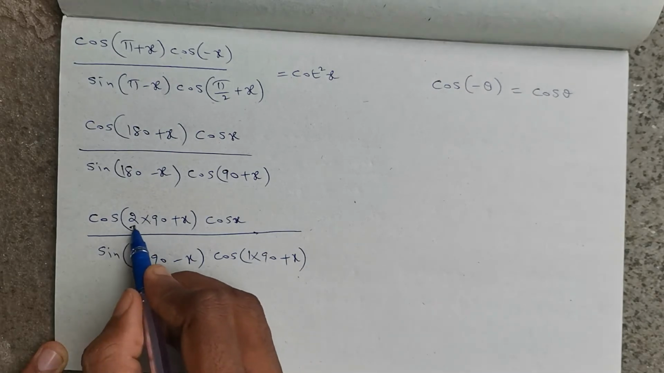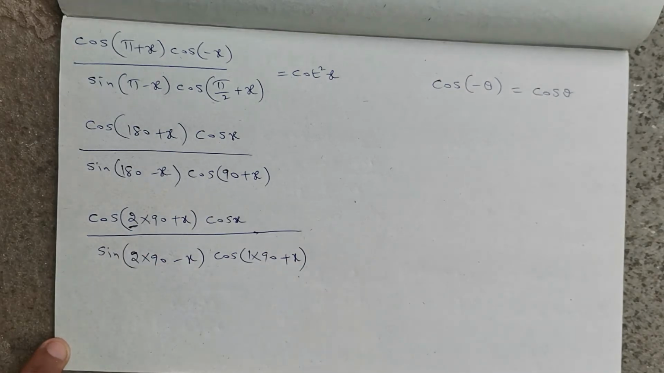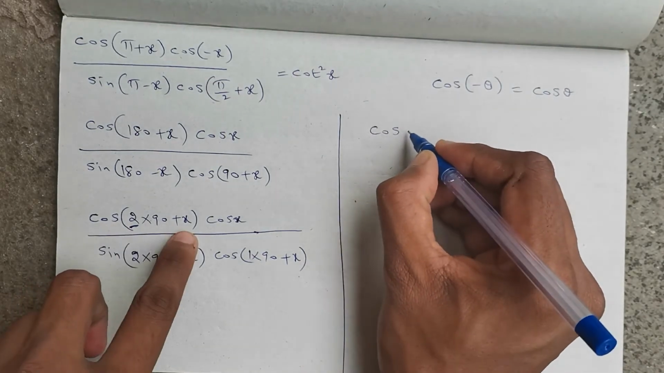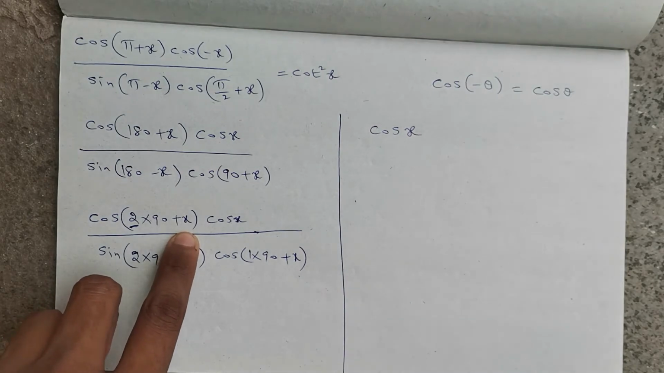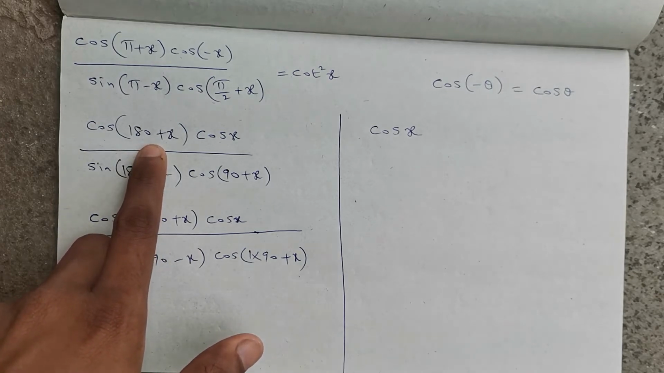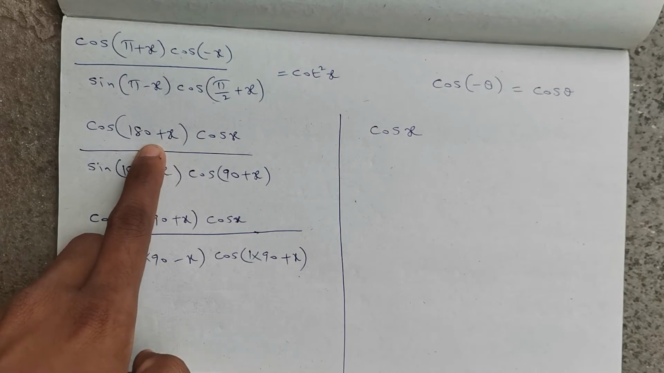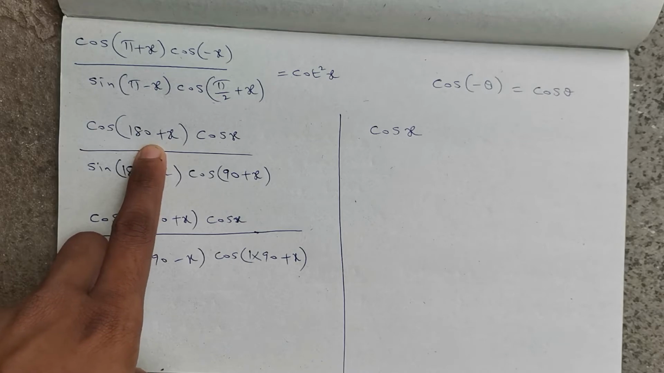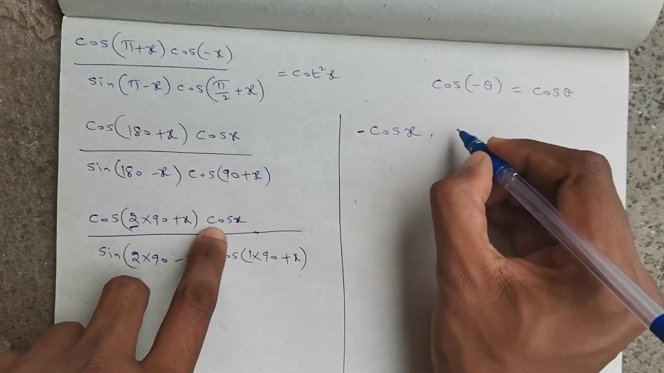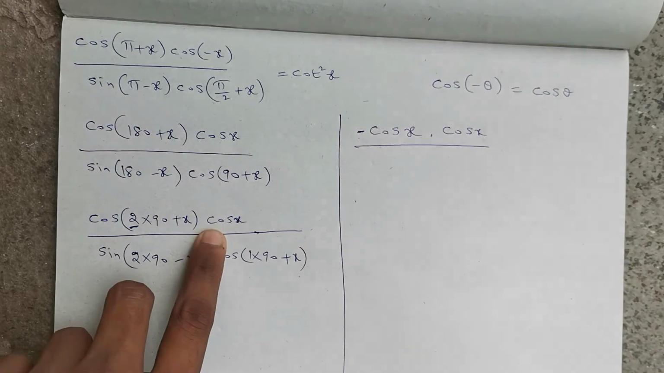Here 2 is an even number, so the trigonometric ratio won't change. Here it is cos, so here also it will be cos only, cos x. But we need to concentrate on the symbol, whether it is minus cos x or plus cos x. So for that, 180 plus x will be in which quadrant? Third quadrant. In the third quadrant, cos is positive or negative? Negative. So we will get minus cos x into this cos x as it is, whole divided by,